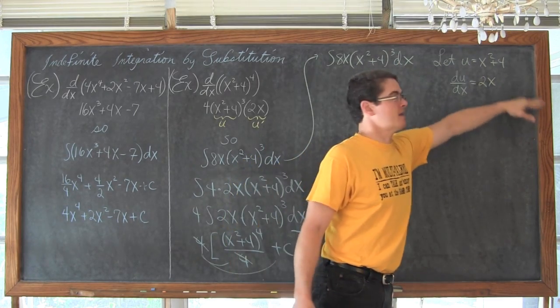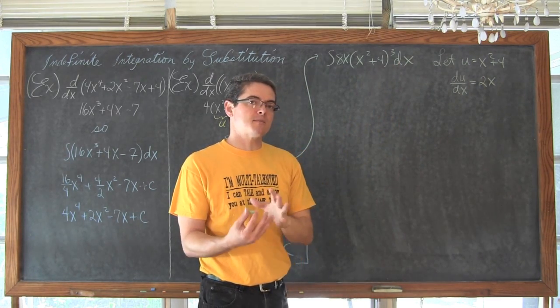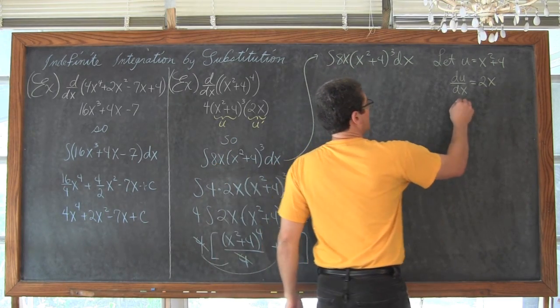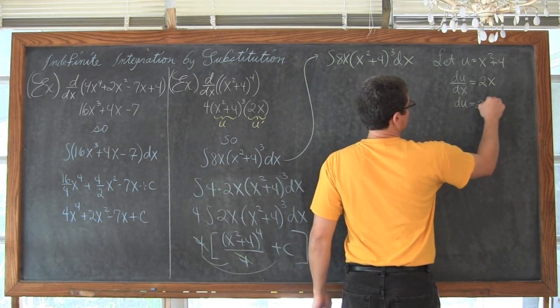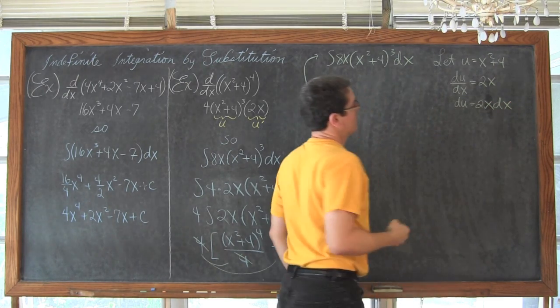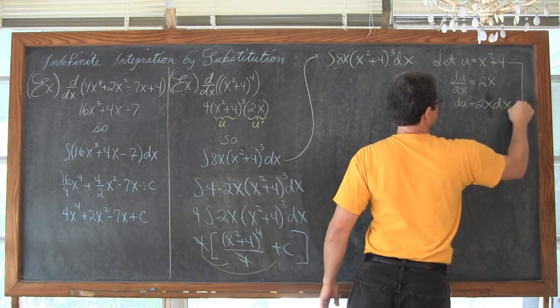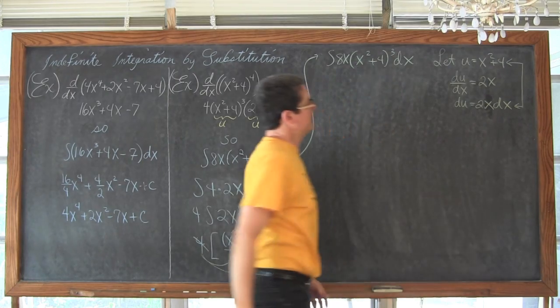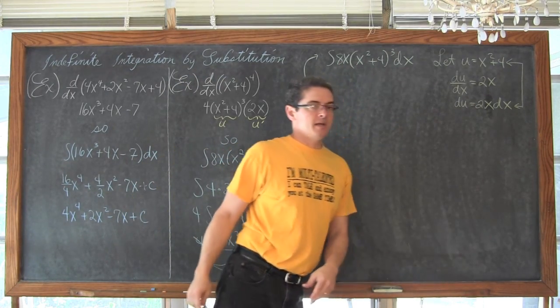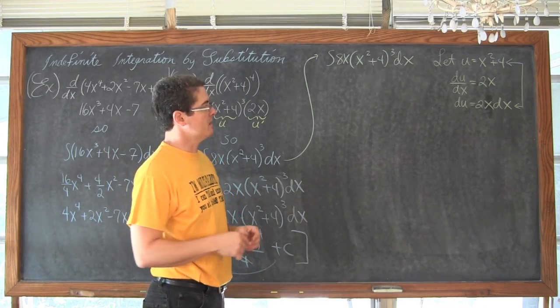basically on a separate side of the equation, so you can do some kind of substitution to get all the x's to go out. So I'm going to bring the dx over to the other side and have du equals 2x dx. And this is how you're going to go. You're basically going to write these two expressions here. Okay, well, I see I have an 8x dx and not a 2x dx. You can manipulate this in a couple of ways.